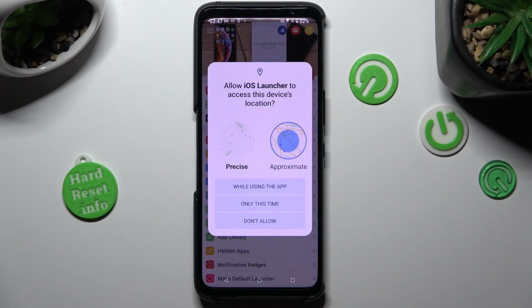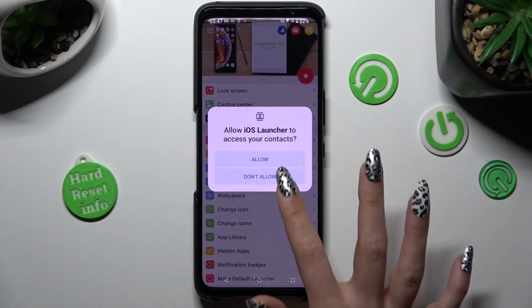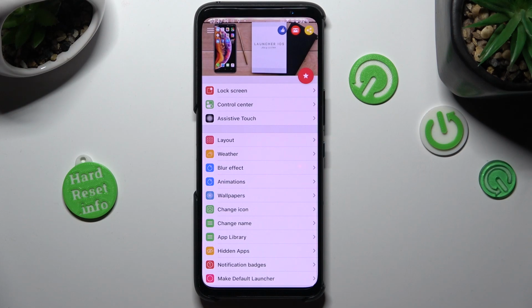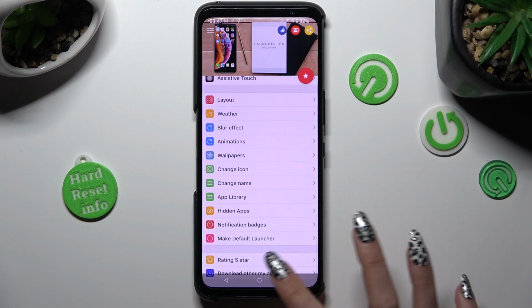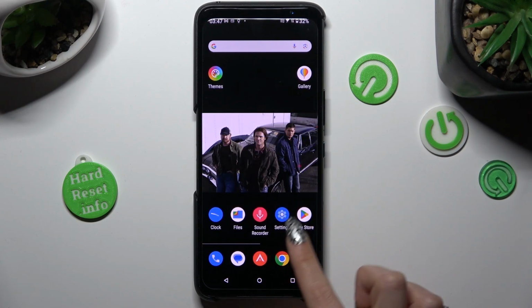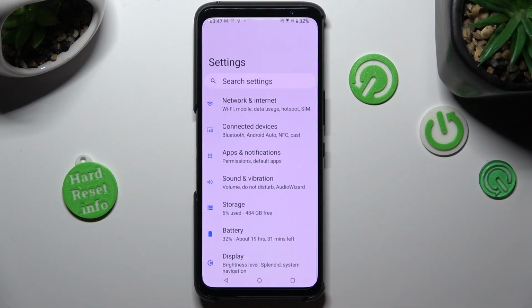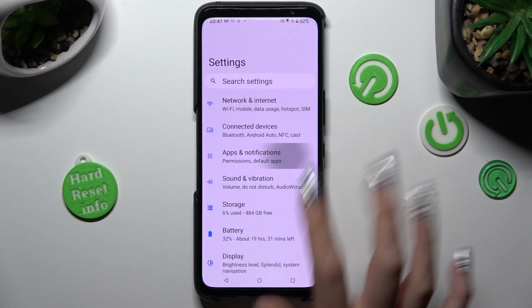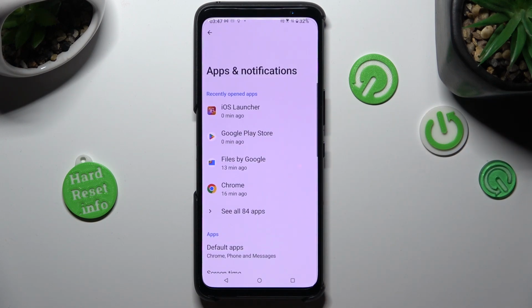In order to use it, choose while using and allow in the pop-ups. Then go into Device settings. In them, select Apps and Notifications. Tap on Default Apps,